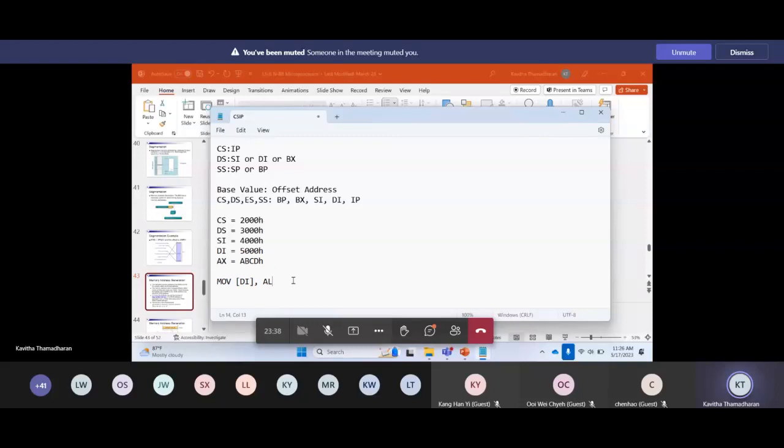The formula to find the physical address will be your segment times 10, which I put in brackets, plus